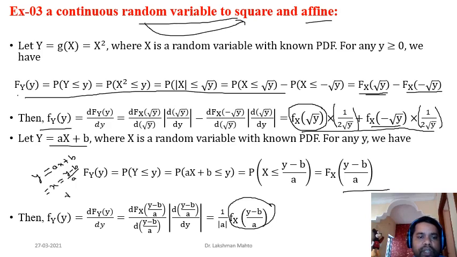Then it's very easy to calculate dx by dy. That is the Jacobian of the transformation, since you are transforming from x to y. If you differentiate this with respect to y, it would be 1 by a. So that's why a Jacobian of 1 by a is coming. The Jacobian process is very simple to calculate in the derived distribution of a given random variable.